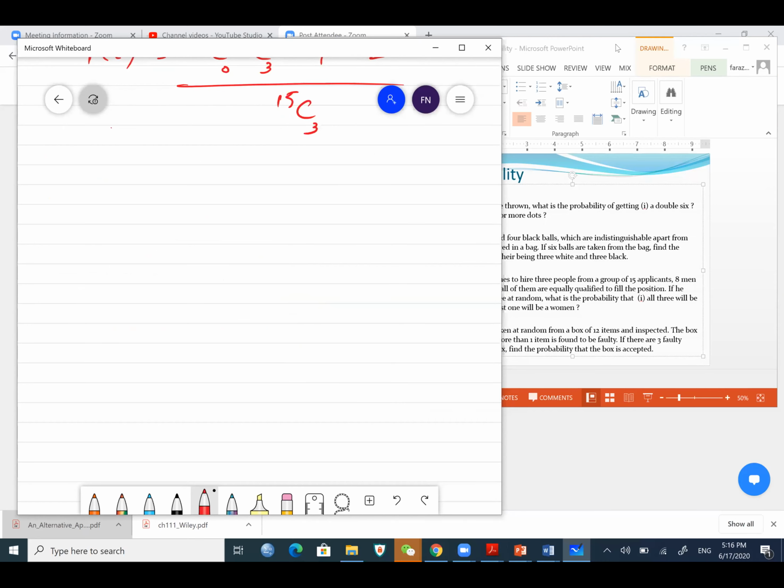Okay, so I tried to modify another problem. Let's say another part. Say that, what is the probability that we select 4 men and 1